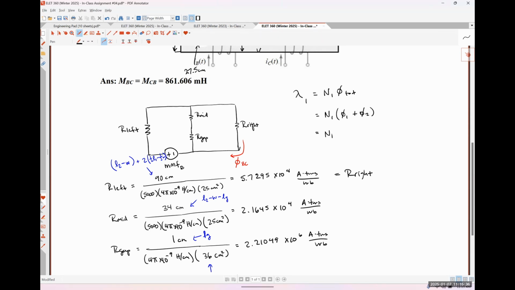So if I look at this thing right here, that looks like mu naught times A, the area of the gap, right? So N1 squared over the reluctance seen by coil 1 is, I think, what that is, plus